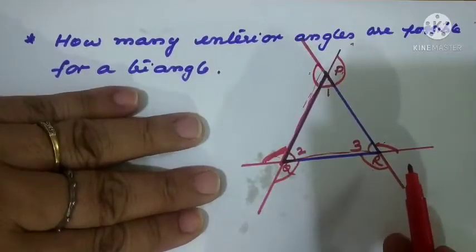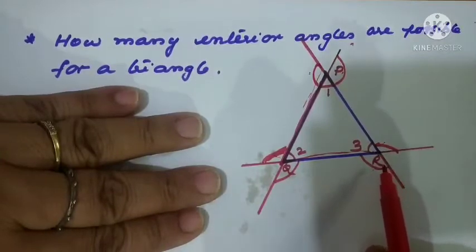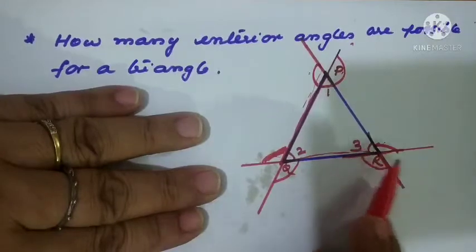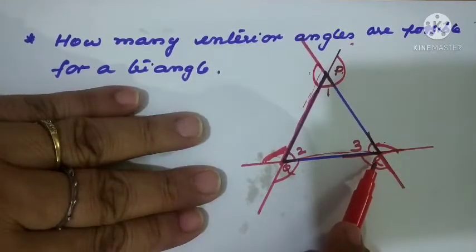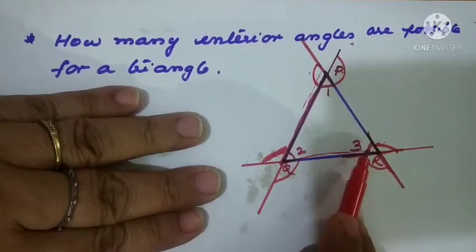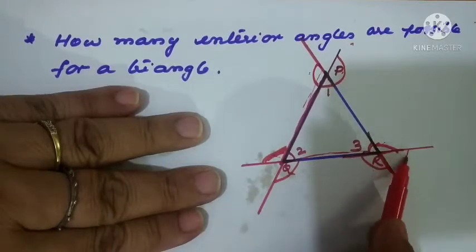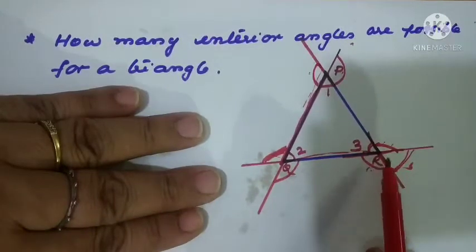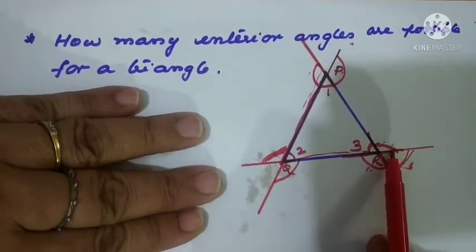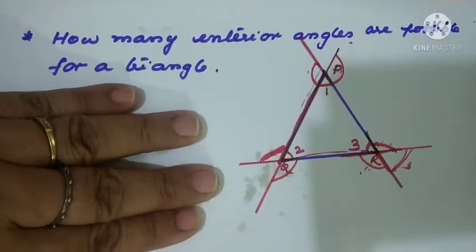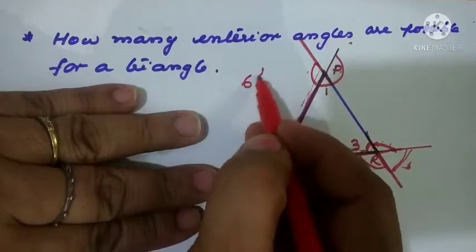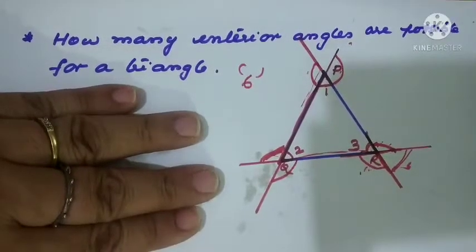Now let us see this one. Why is this happening this way? When we are having 2 lines of intersection here, see, how many pairs of angles are you getting? Vertically opposite angles we are getting. So when we have an interior angle 3, this value is equal to 3 only. Now the remaining 2: one is the exterior angle already decided, then the other one is also an exterior angle only. So how many exterior angles are possible for a triangle? 6 is the answer. 6 exterior angles are possible for a triangle.